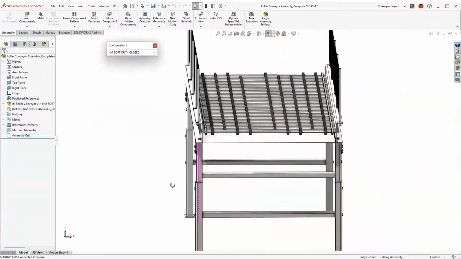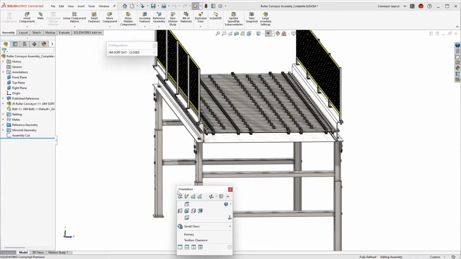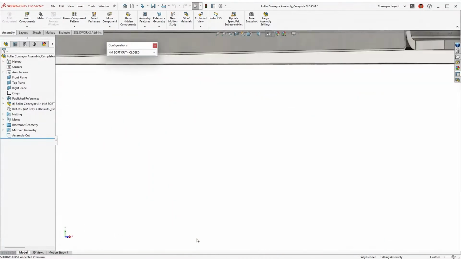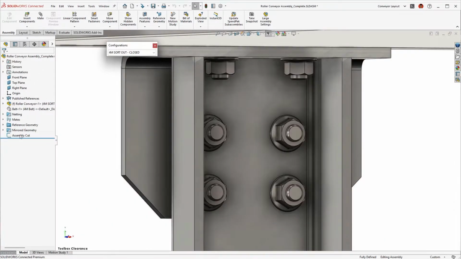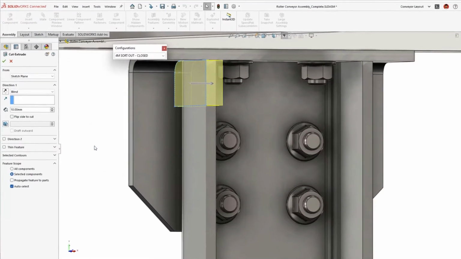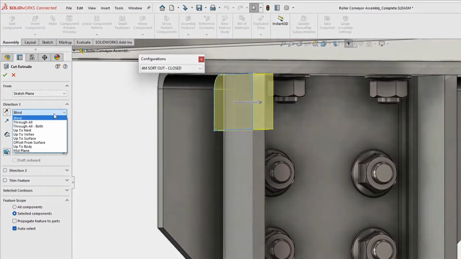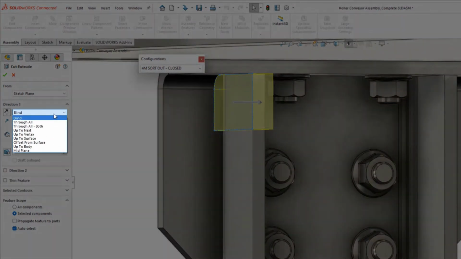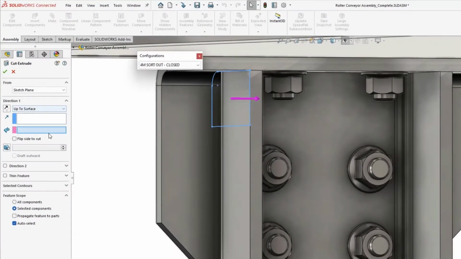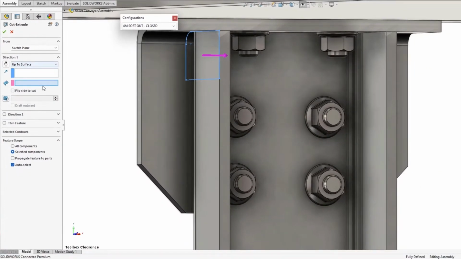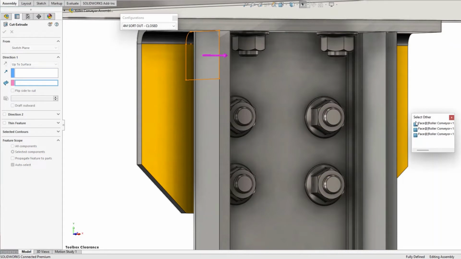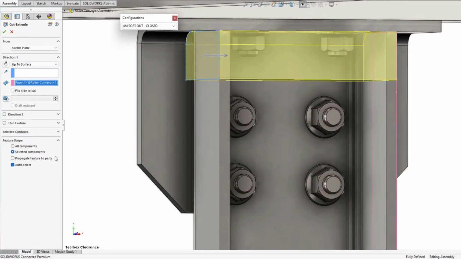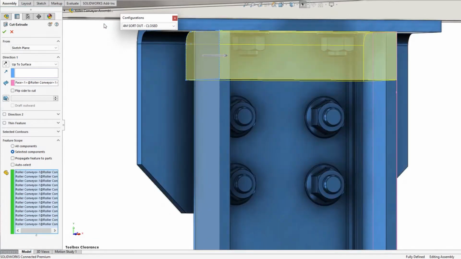To allow for proper assembly of the manufactured model, an assembly level cut will be needed to assist in accessing some key fasteners. New in SOLIDWORKS 2023, assembly cuts include the same end conditions as seen at the part level, expanding flexibility to your design intent. In this case, adding an up to surface will automate the exact cut depth regardless of any changes to the conveyor's geometry. Using a box select will gather all intersecting parts to be included in the cut, which includes some